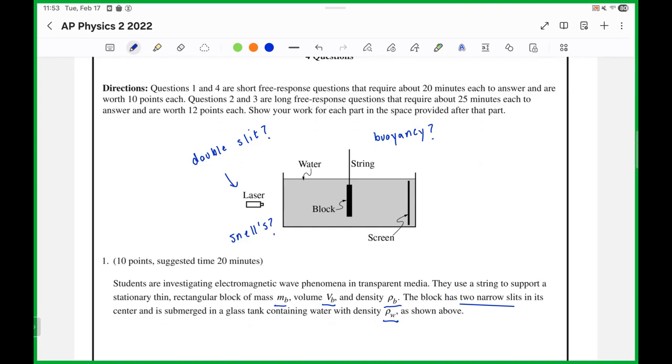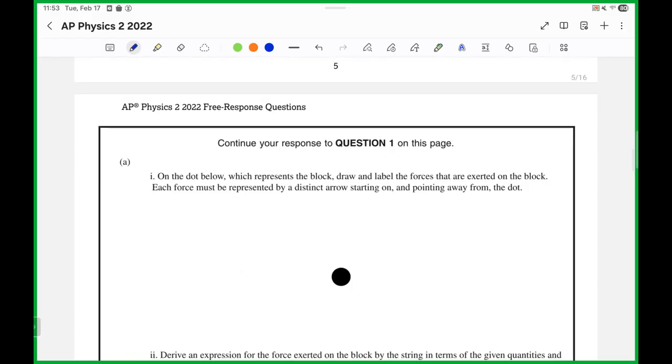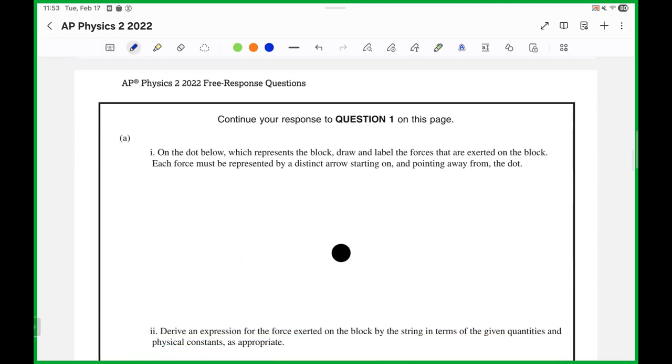And now this is up to you, but often it could be helpful to even pull the relevant equations before you go on to the next part. But I'll start by going on to the actual questions. And so let's begin with question 1a. We're asked on the dot below, which represents the block, draw and label the forces that are exerted on the